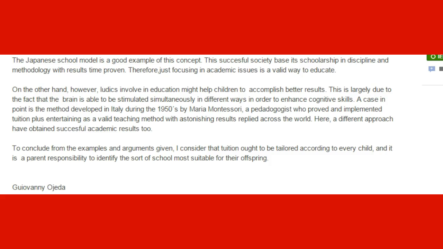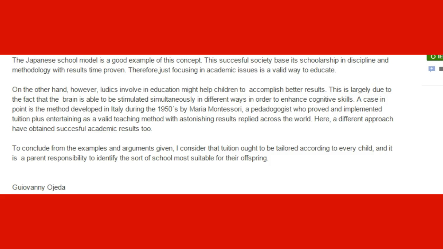Lecturers, experts, educational experts, pedagogical experts involved with a D in education might help children to accomplish better results. This is largely due to the fact that the brain is able to be stimulated simultaneously in different ways in order to enhance cognitive skills. Wow, very good sentence. Case in point is the method developed in Italy during the 1950s by Maria Montessori, a pedagogist who proved and implemented tuition plus entertaining as a valid teaching method with astonishing results